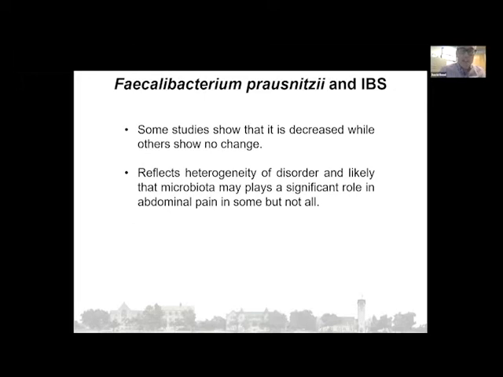When we then translate that, however, into patients, it gets a little more murky. Some studies have shown, for example, in IBS patients, that Faecalibacterium prausnitzii is decreased compared to controls, whereas other studies have shown there's no difference between IBS patients and healthy controls. And I think this not only reflects the heterogeneity of a disorder like IBS, but it also highlights what I said at the beginning, that the microbiota plays a significant role in abdominal pain in some people, but